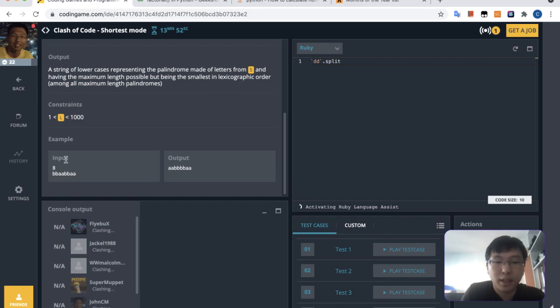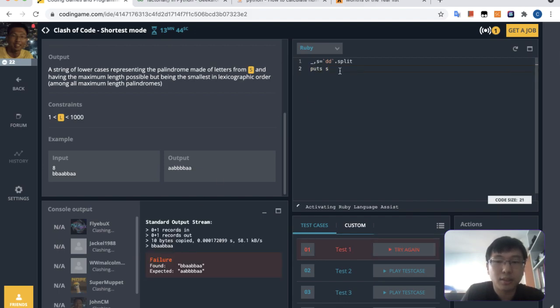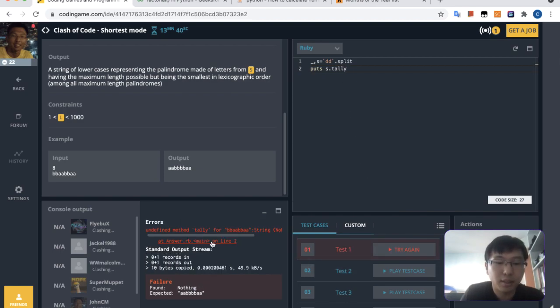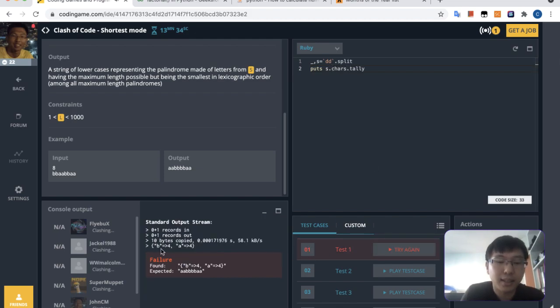Okay, ignore the first one, and then the second one is the string. Let's check what the string is. Okay, this is fine. We can use this method called tally in Ruby, which will tally the characters. We need to make it a character array, and we can tally it like that. And we can actually sort this thing here to make it